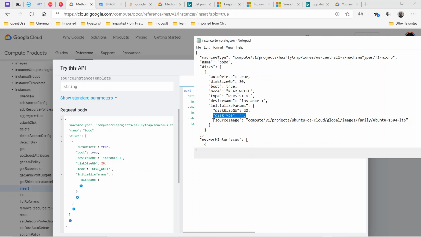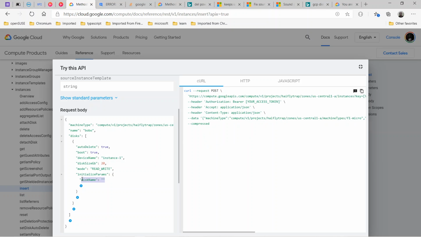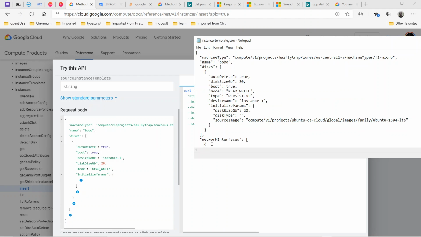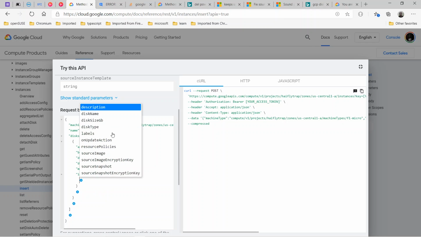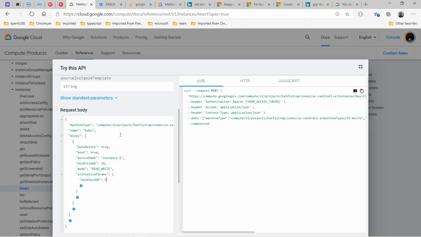and then of course the source image. Okay, it's a persistent disk, so the disk type doesn't really matter there. So I will skip that. Let me ignore this one. You can easily delete this and it will simply just go back. Take out one line and continue. So what are we doing? I need to supply the source image and the disk size. Okay, so I'll do the disk size here and put 20 gig, and then